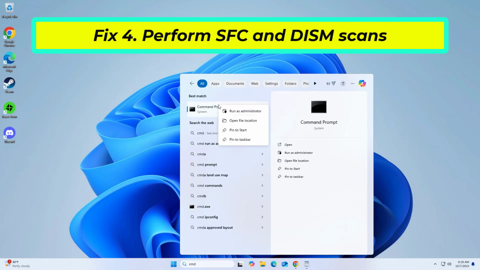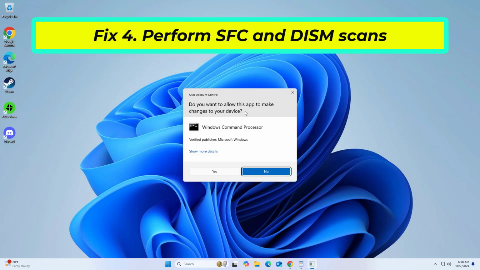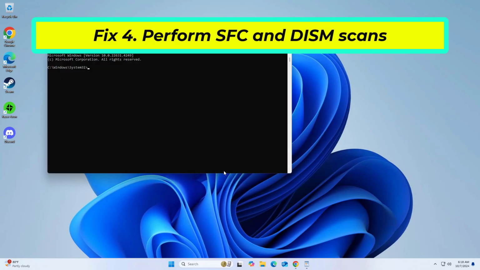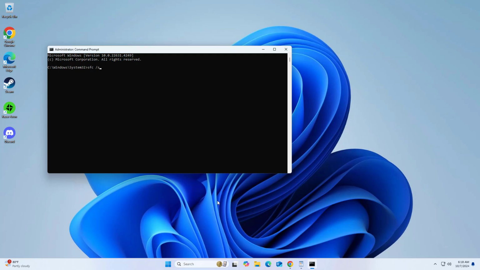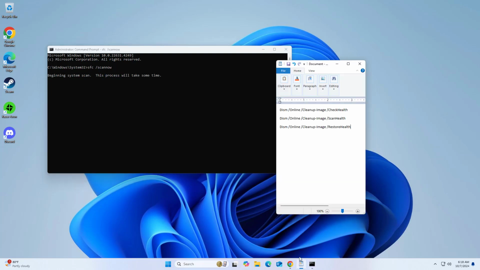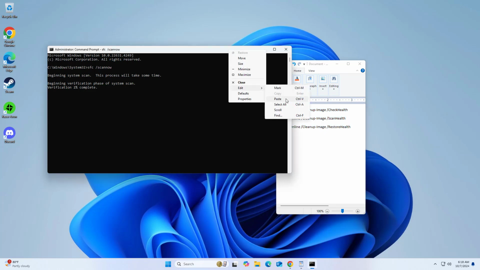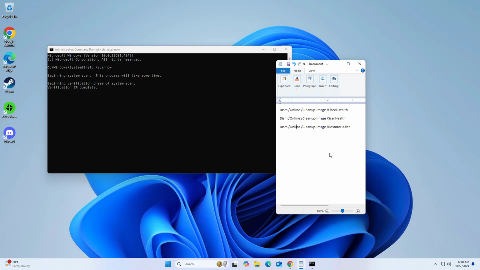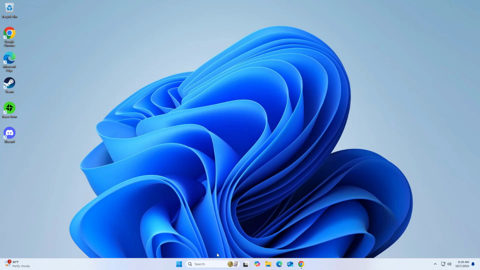Right-click Command Prompt and click on Run as Administrator. Copy and paste the command that you will find in the description of this video. After entering all commands, restart your computer and try again and your problem should be fixed. If that didn't work,